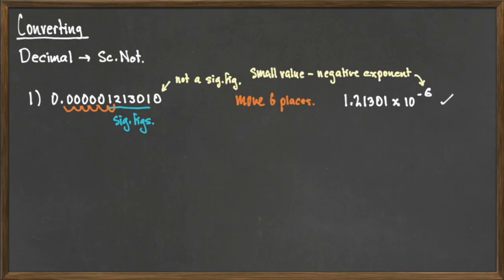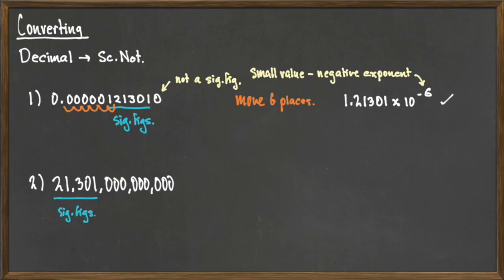Again, I have a small number, so I should give it a negative exponent. Notice that we didn't include that rightmost zero into our significant figures because I don't have a non-zero integer behind it. So all I care about is that last non-zero integer, which in our case was a 1. The next number we'll look at is